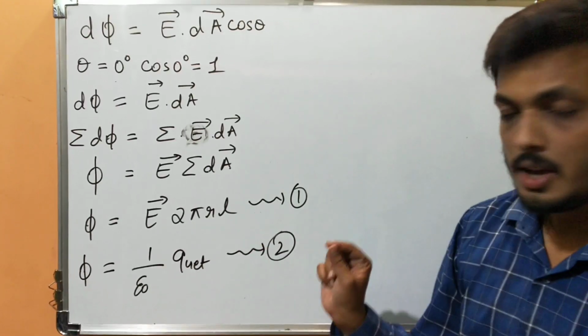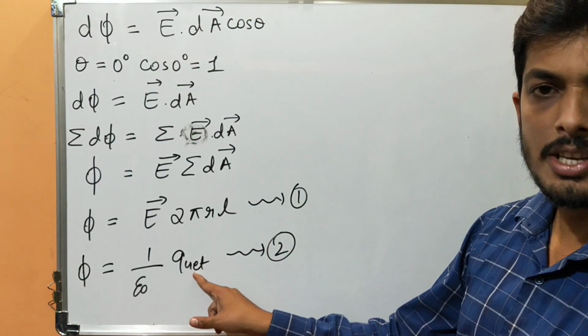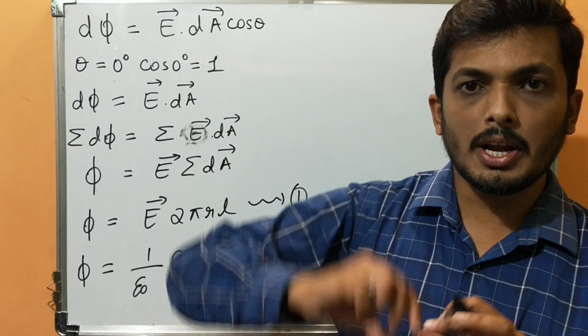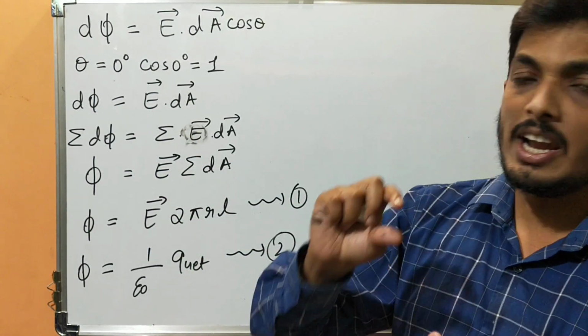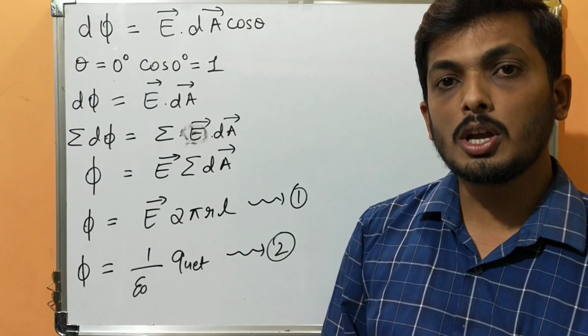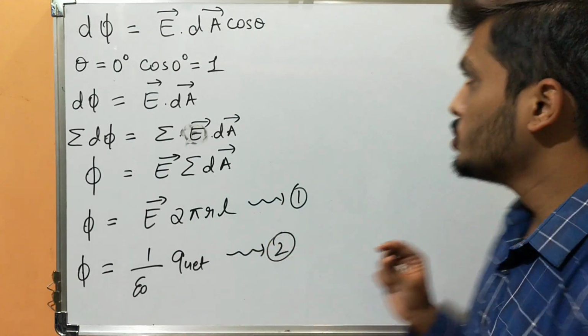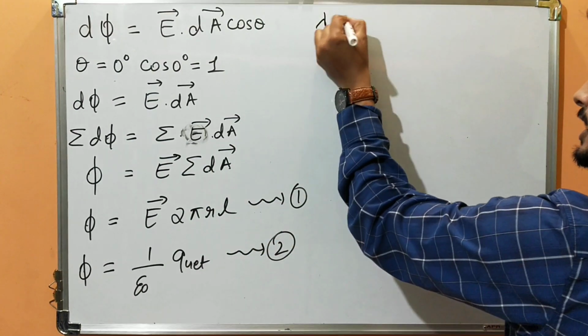Are you understanding? Now see here, what is Q? Q is charge. Now this charge is uniformly distributed over a unit length. So over a unit length, in the sense of what I am talking about, linear charge density, where charge is distributed over a unit length. So in this case, I need to consider linear charge density.